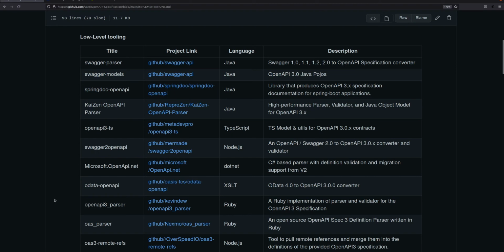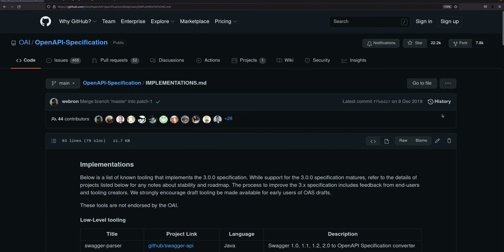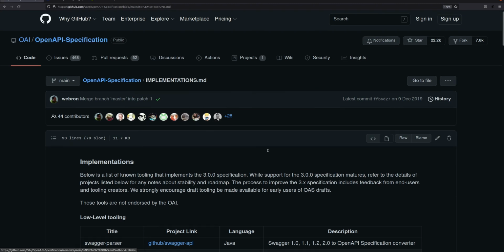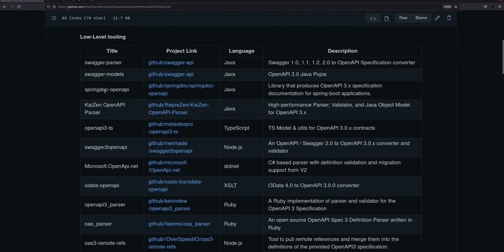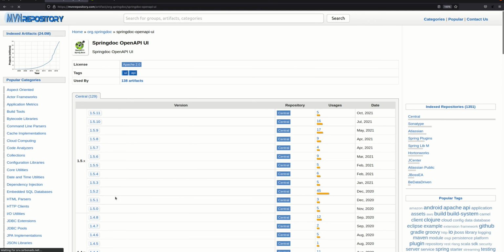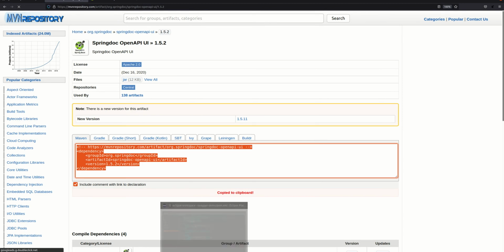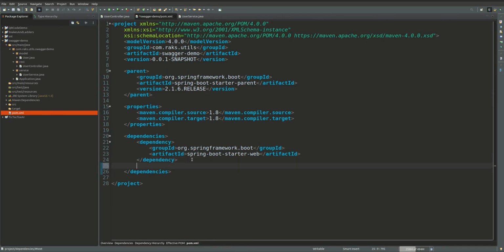As you can see, there are different implementations for the Open API specification, and this Spring Doc Open API is for a Spring Boot application, so we are going to use this. So let's go to the Maven repository. Here we will use version 1.5.2 and copy the dependency declaration into our POM.